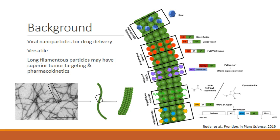Viral nanoparticles are an exciting new potential drug delivery method that is both safe and versatile for humans. They can be engineered with other ligands, proteins, and molecules to deliver a drug and target it to a specific tissue, making it ideal for treating diseases such as tumors and cancer. Additionally, the specific viral nanoparticles used in these applications are derived from plants and are non-pathogenic to humans, making them